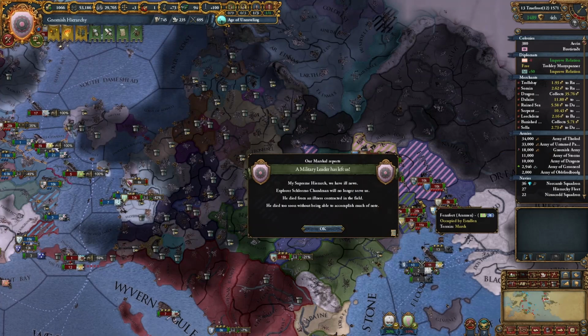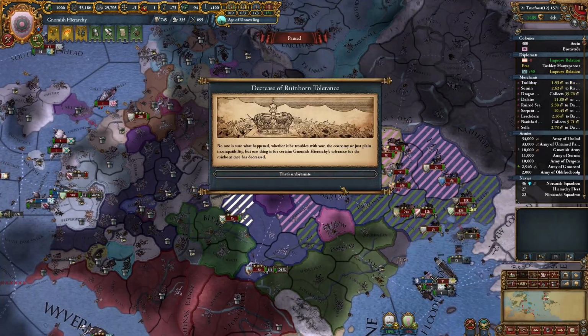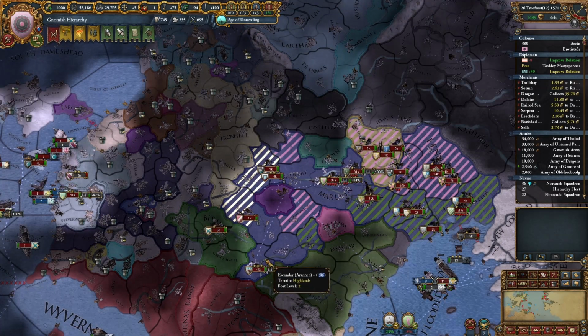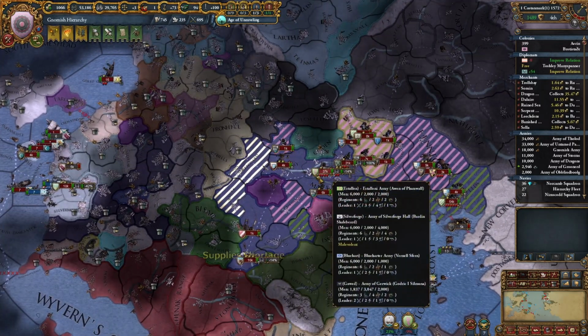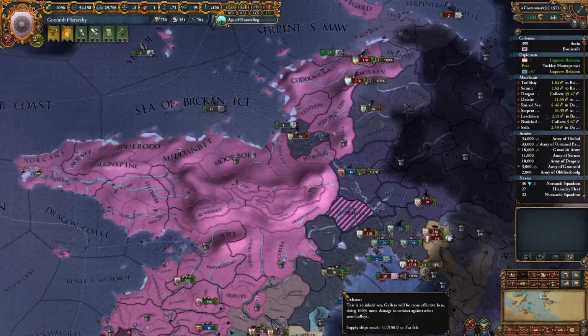Look at them. They're swarming. Decrease of Ruinborn tolerance. Alright, that's fine. I don't really have any Ruinborn provinces since they're all in the old world. And I think once they take this capital fort, we will be good to actually peace out. Bjarnrik, truce is up. They will most likely...